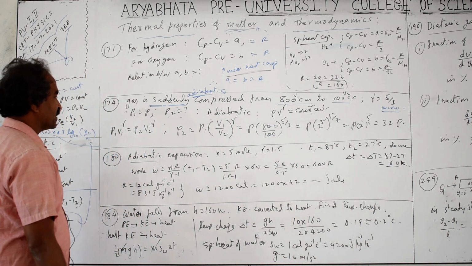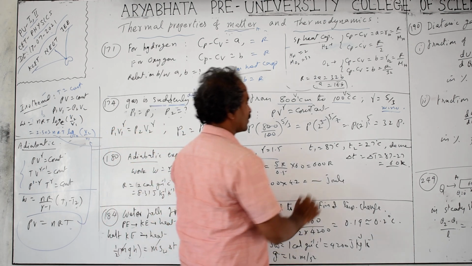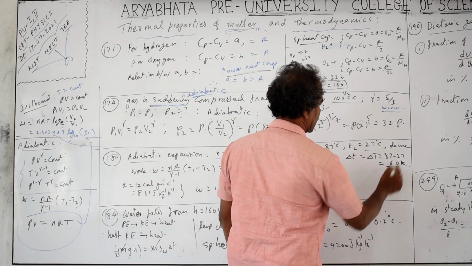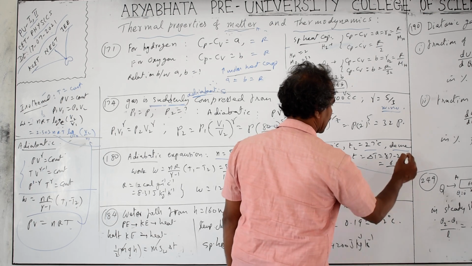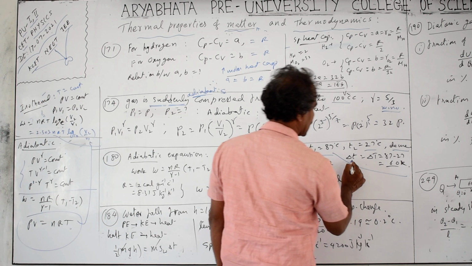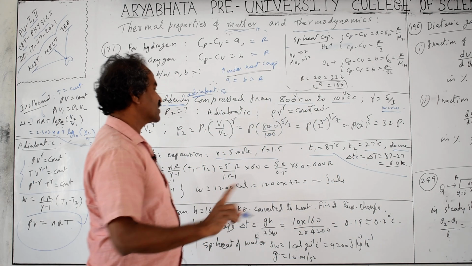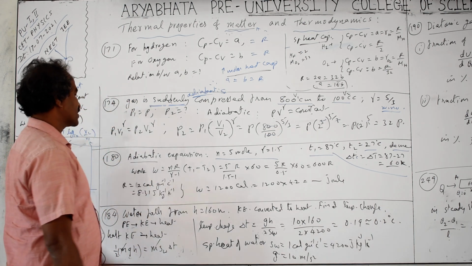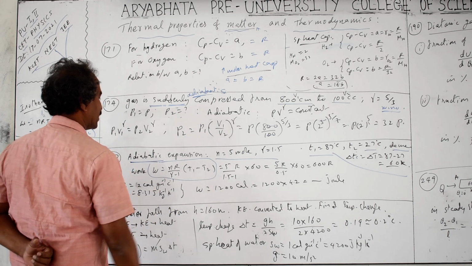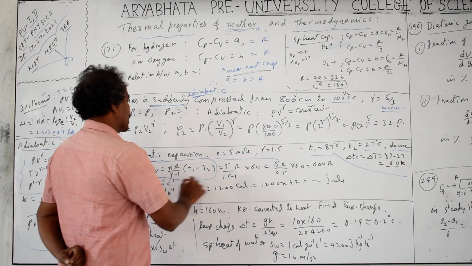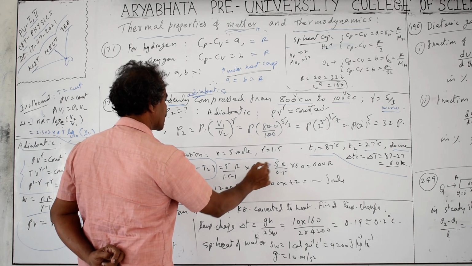Next question number 180. Adiabatic expansion, n is 5 moles, gamma is 1.5 or 3 by 2. Temperature is decreased from 87 degrees centigrade to 27 degrees centigrade. Cooling. Change in temperature is 87 minus 27 degrees centigrade, equal to that many kelvins. Temperature difference in centigrade is the same in kelvins. So work done in adiabatic process is nR by gamma minus 1 into T1 minus T2. Result is 5 moles given, R by 1.5 minus 1 into 60.